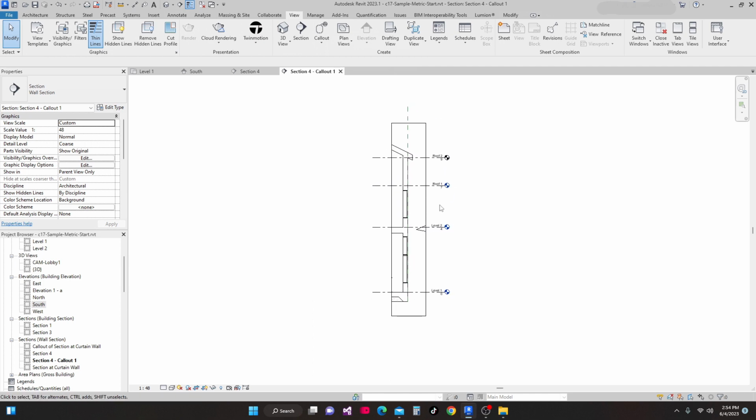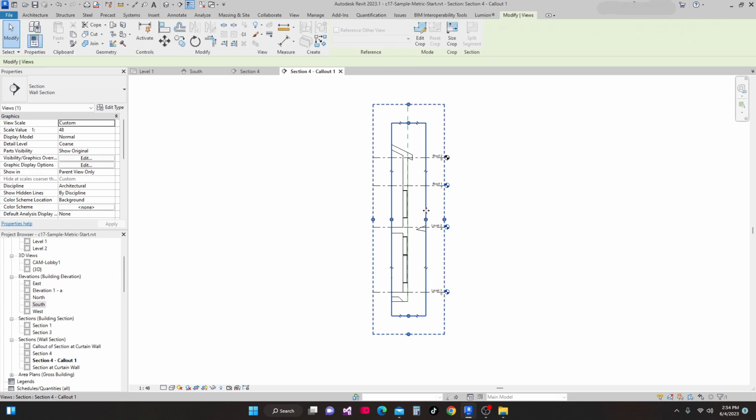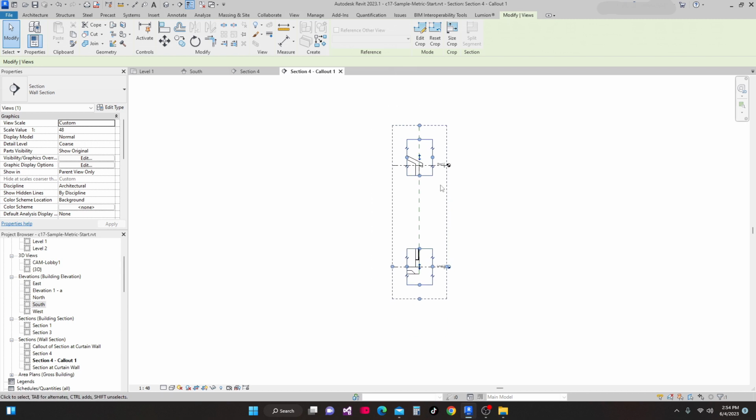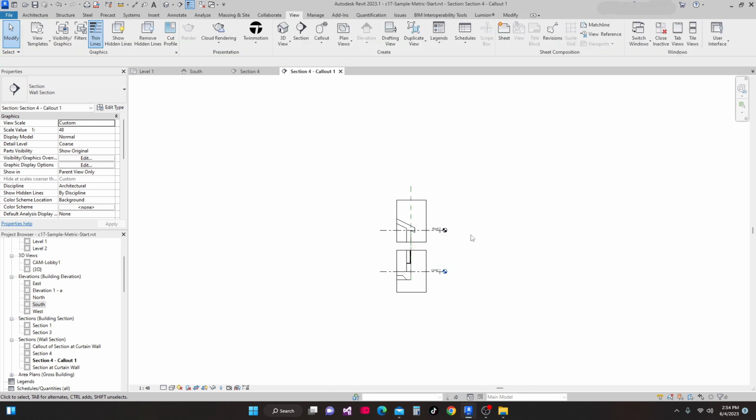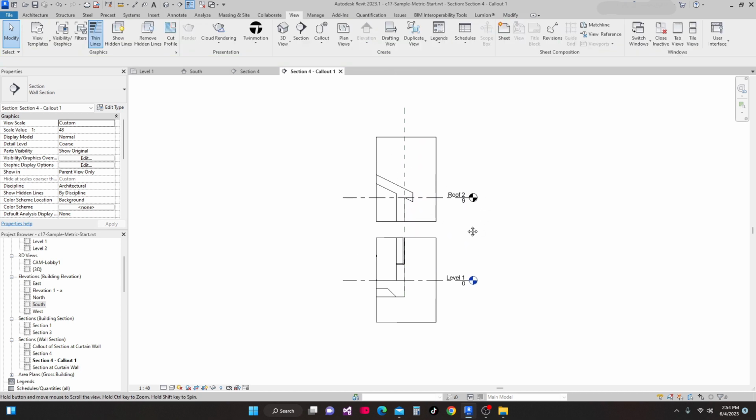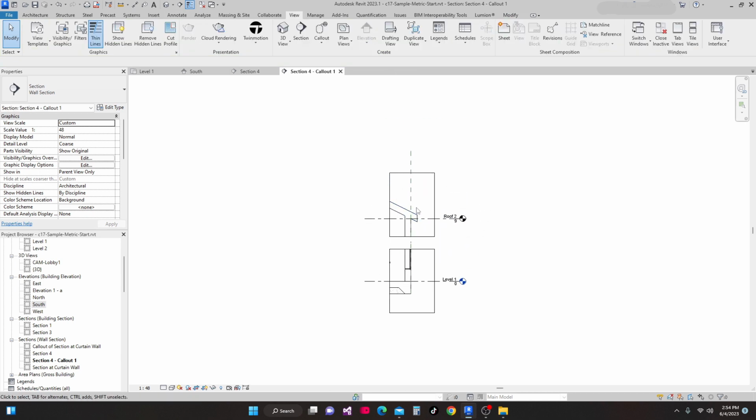Or you can also make this call out if this is big and we cannot place it in our drawing sheet, we can separate this. As you can see, if I click this, the cutting line, this one will cut. And I can drag this one down and make this call out smaller. I can bring this also up again,